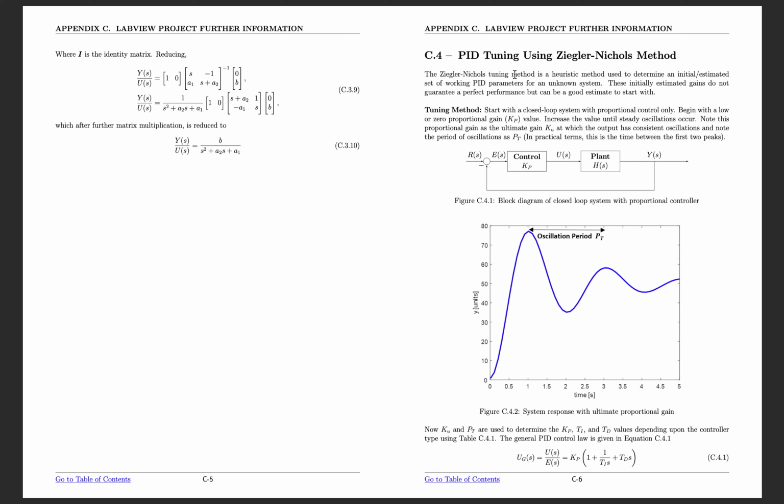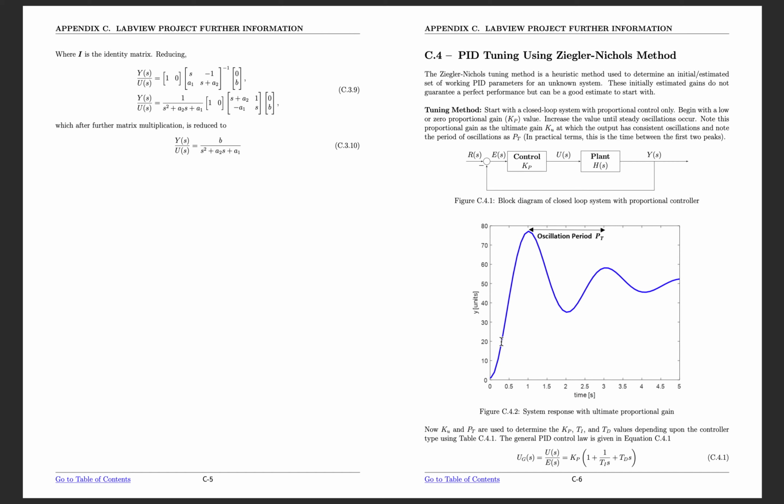So if you check, this is a closed loop system diagram C4.1, and C4.2 shows a response of a system to a proportional controller. If you use a small value for this proportional controller, this will have a high steady state error.